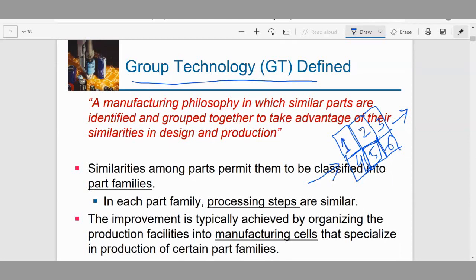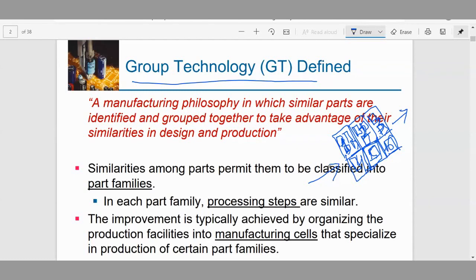In every cell, you may say that the same machines are placed. For example, in cell number 1 there are only lathe machines. In cell number 2 there are only milling machines. In cell number 3 there are only drilling machines. Cell number 4 contains grinding machines. Fifth is about the welding, and 6 is the fitting. It's the same as your workshops in the main campus. There are different workshops, different cells. In each cell, all the same type of machines are placed.